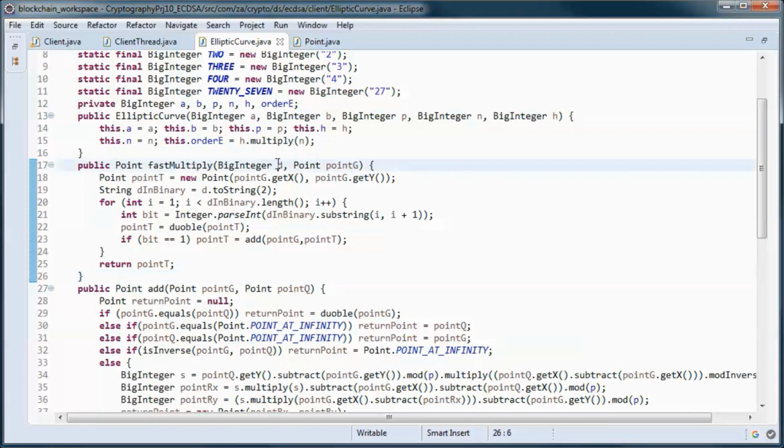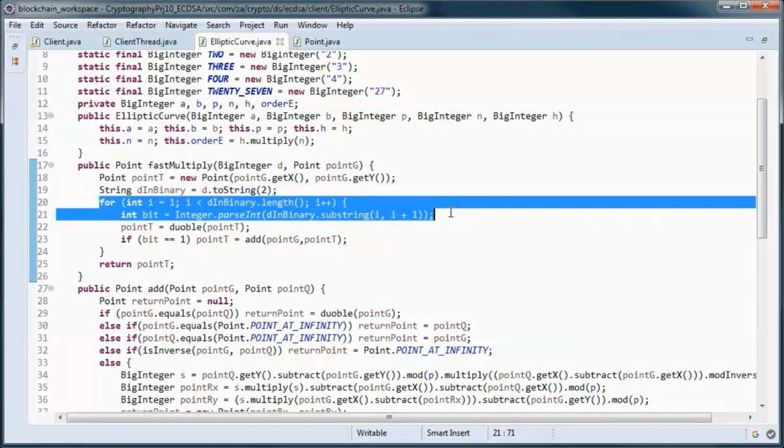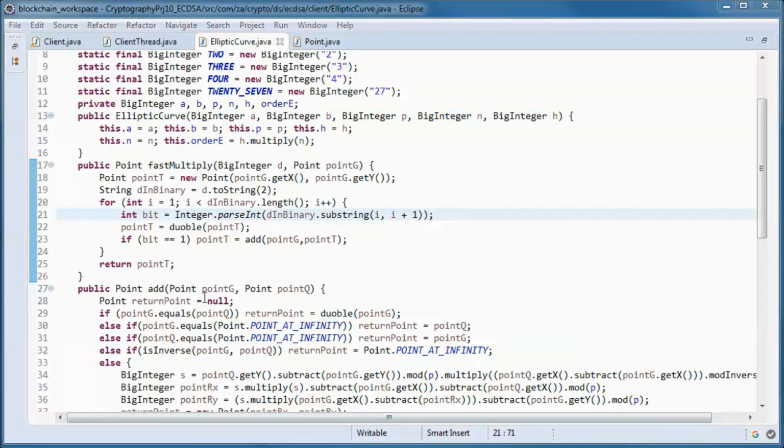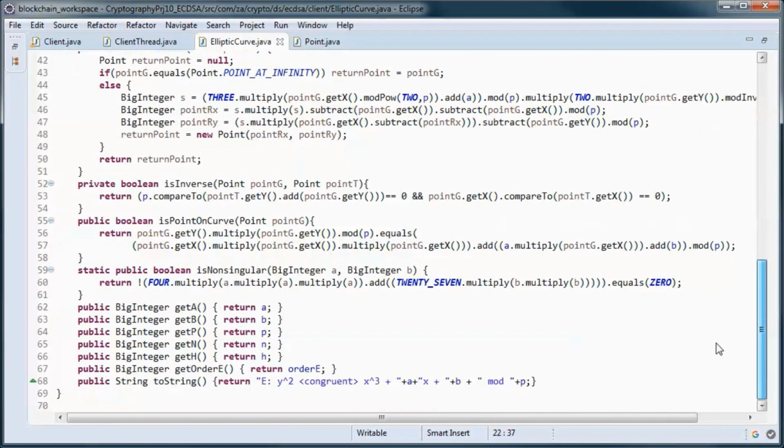So we do d hops from point G, and we end up in point T. So we turn d into a binary, and we go through each bit in that binary string, and if that bit is equal to 1, then we do an addition after doing a point doubling. And this should do it for this class.